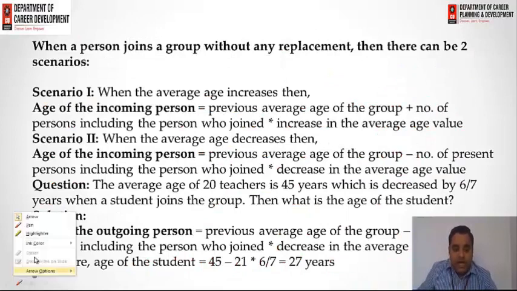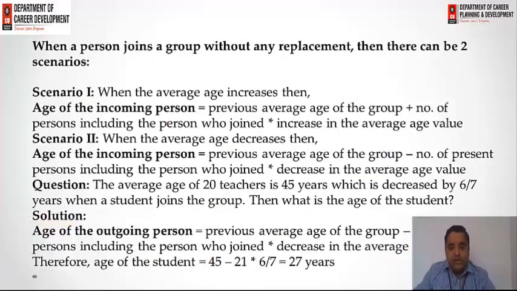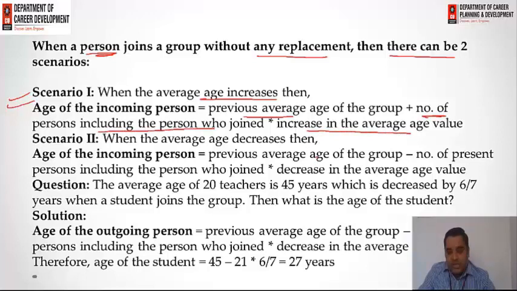Next we have different scenarios regarding the average. When a person joins a group without any replacement, there can be two scenarios. The first, when the average increases: the age of the incoming person, meaning the new person, is the previous average of the group plus the number of persons in the group including the one who joined, multiplied by